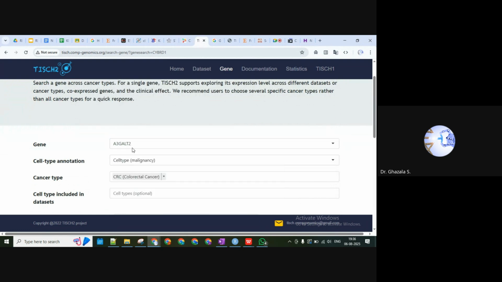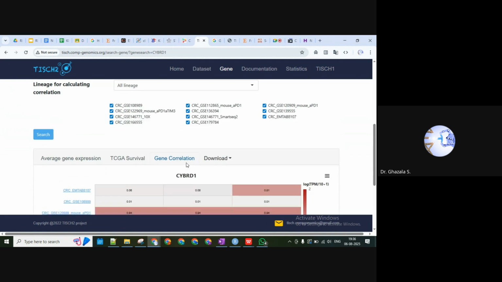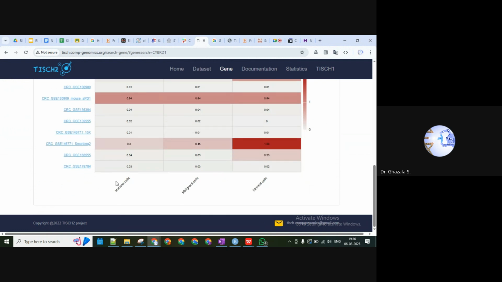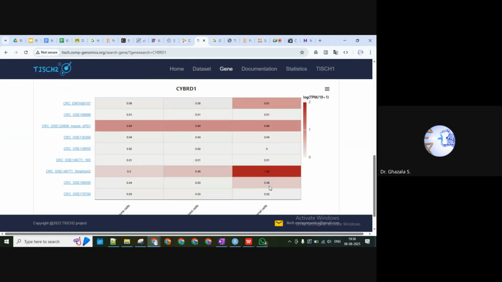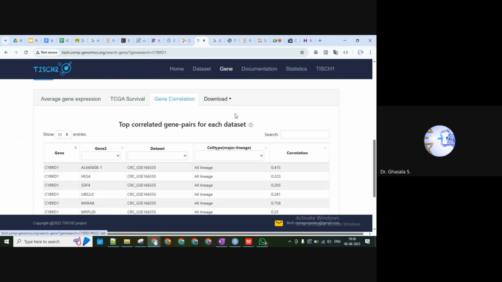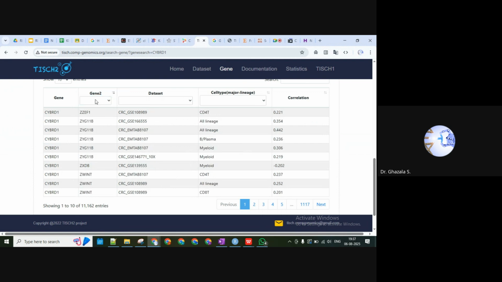Accordingly we can check for all other genes. Can we add more? No, this database lets us search for one gene at a time. Whatever information is available, you can download it, and then either make a table with this information, or directly download the figures from here. Or you can also see the gene correlation here, like which other genes are correlated with your gene. You can also search the correlation with a gene of your interest, so you can just filter it out.